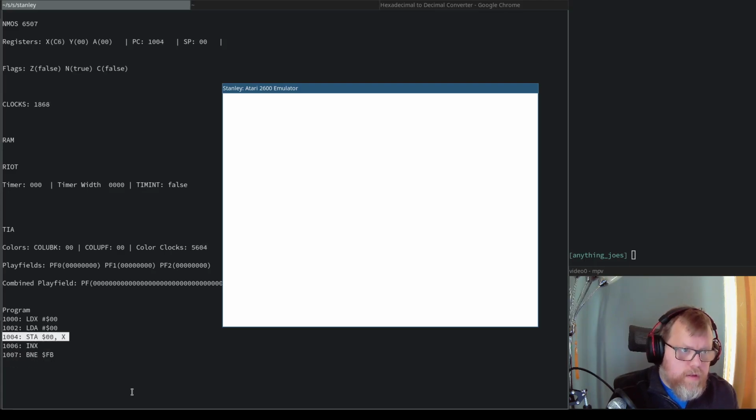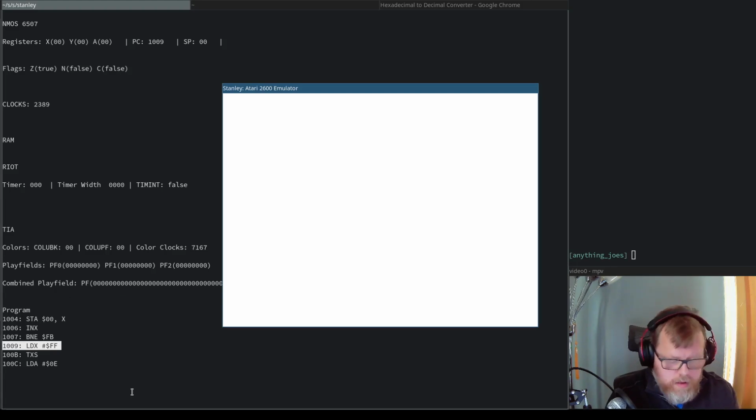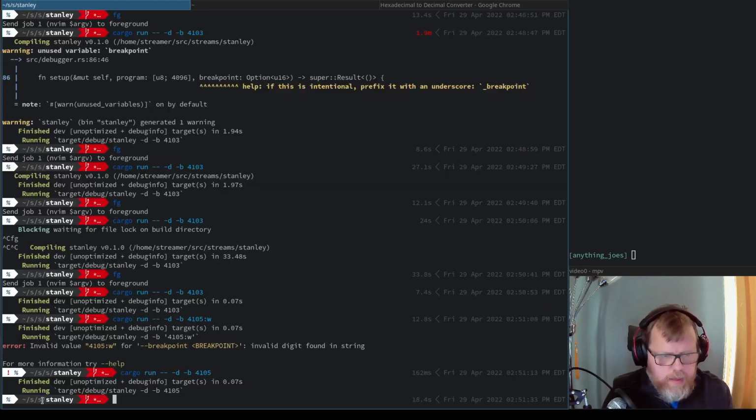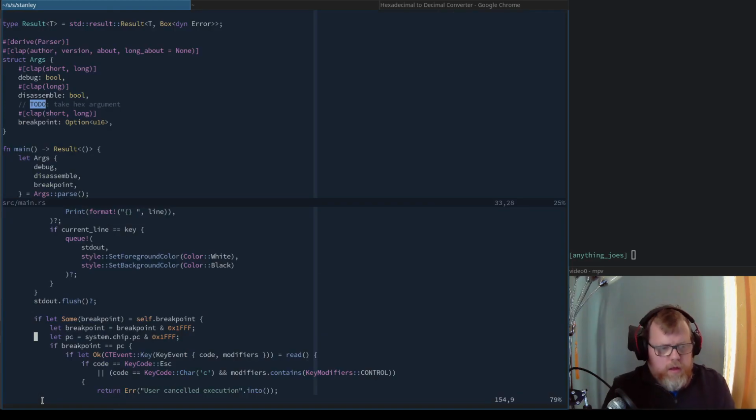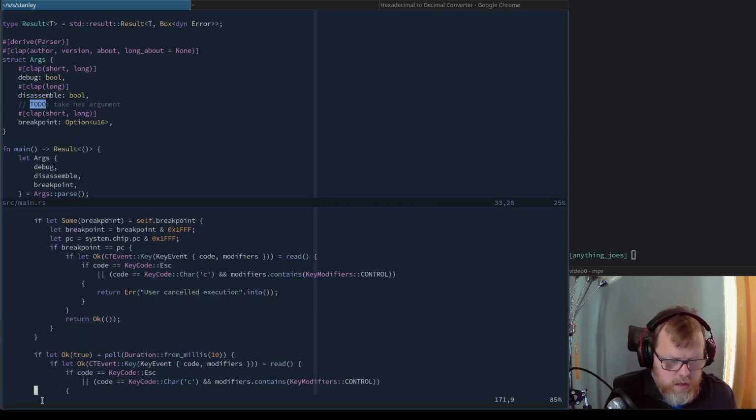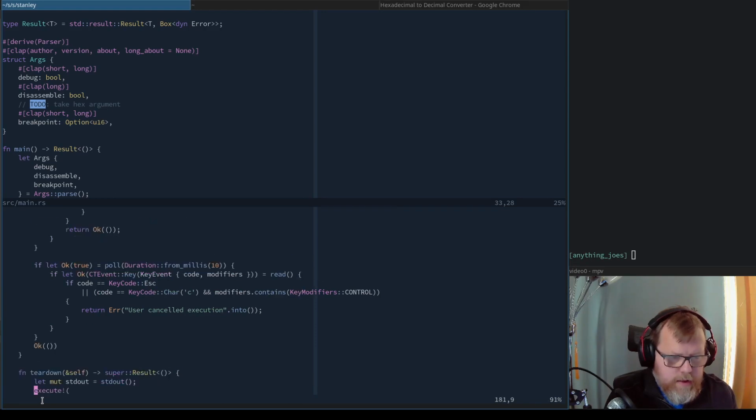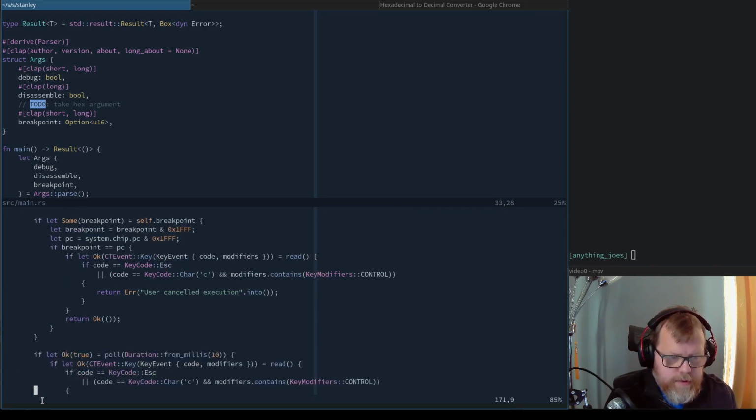So once it gets through the loop, it should break. Good stuff. And then when I'm here, I should be able to... But then I just need to handle some key events in this